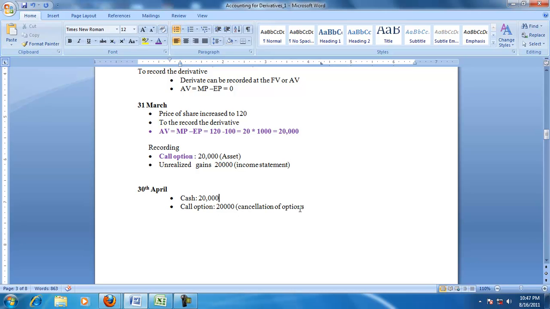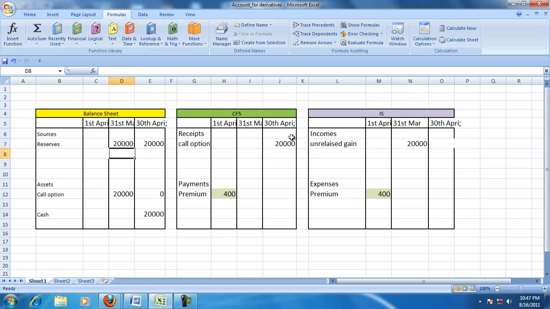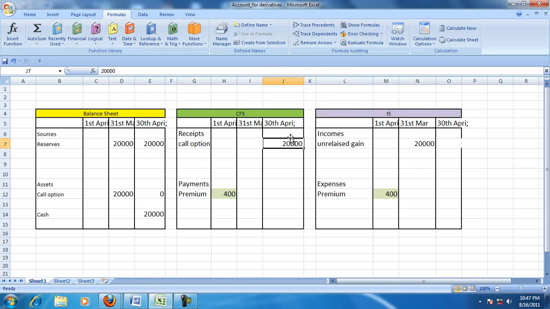So the cash comes in, like selling off, converting an asset into cash. So on 30th April you have cash coming in, and the option is no more there,